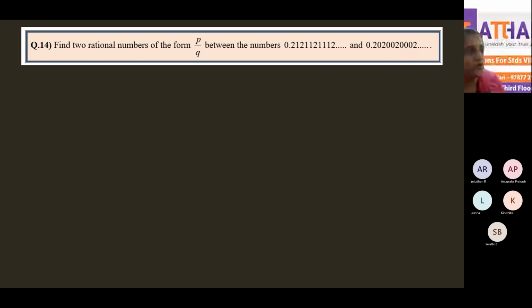So take 202 and 21. Take the first three digits, and write between that. So 202 and 212. So 203, 204, 205, like that. So you've taken 203, 205 and something. Put it in the P by Q form. So don't use 5 and 4, because then in the P by Q form you have to simplify. So put 7 and 9 so that